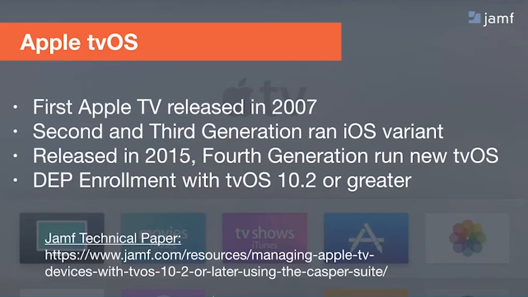For a little bit of history, the first Apple TV was released about 10 years ago. You might be most familiar with the 2nd and 3rd generation of tvOS, which ran an iOS variant. These were small black boxes with the silver remote that was incredibly easy to lose. More recently, the 4th generation came out in 2015, has a black remote, and runs a new tvOS operating